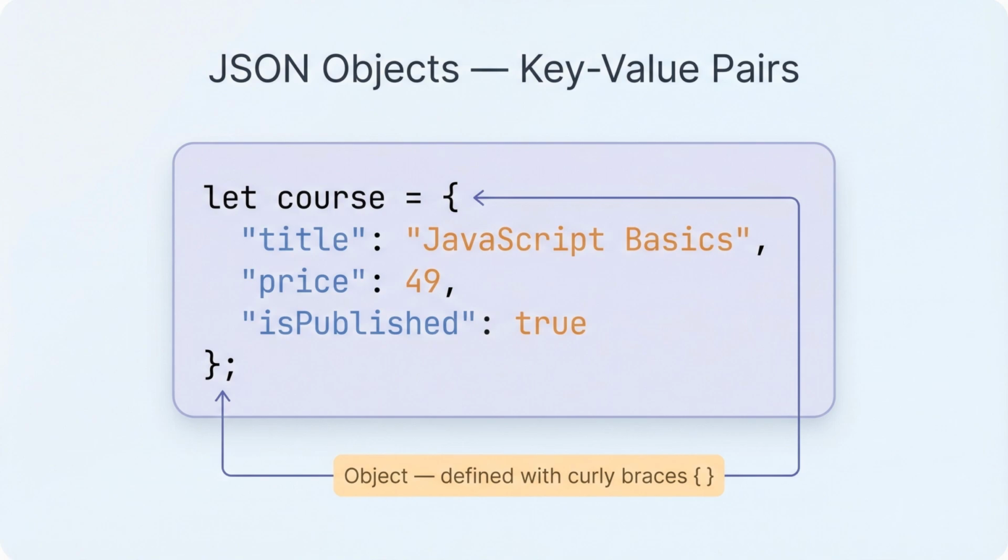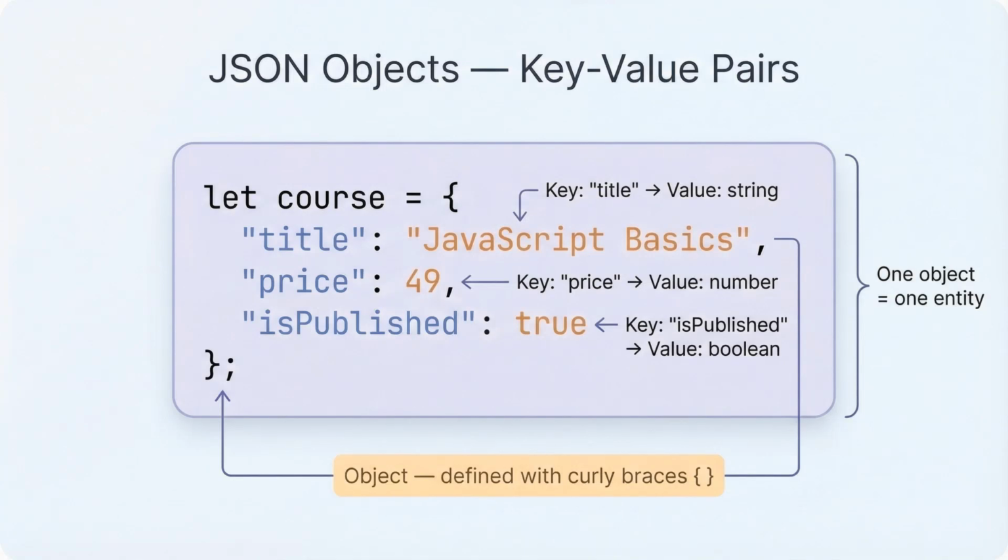Objects are ideal when you're representing a single entity with multiple attributes. Each key value pair inside an object is called a property. The key and value are separated by a colon, and pairs are separated by commas. The value's data type can vary. Strings go in quotes, numbers don't, booleans are just true or false. This flexibility is what makes objects so powerful for modeling real-world data, like a user profile, a product listing, or